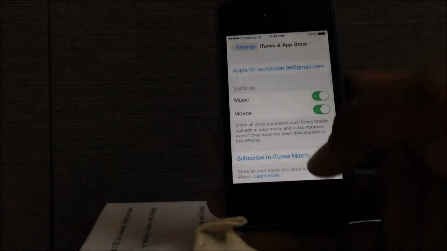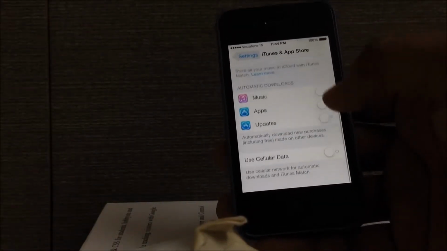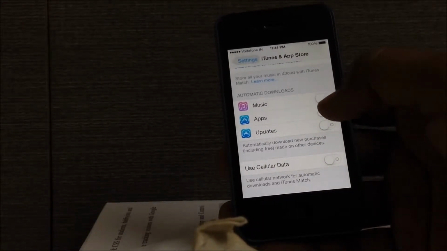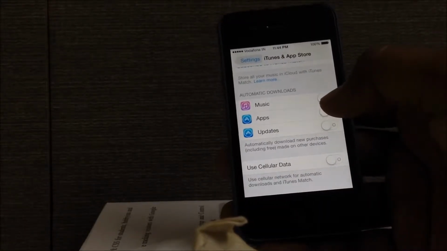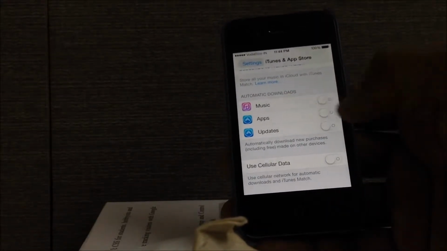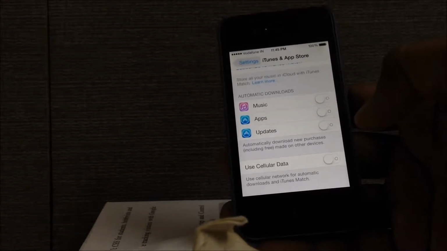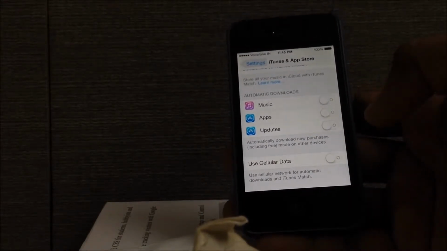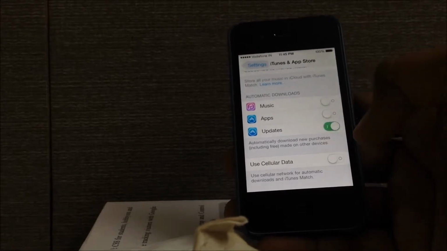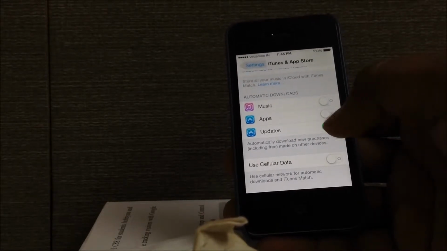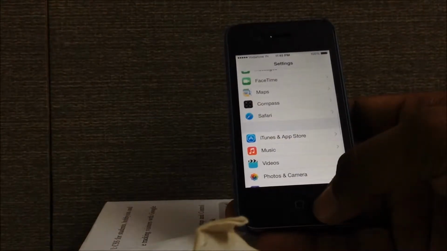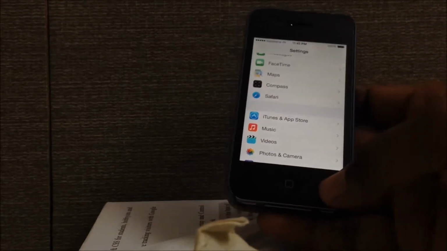On the bottom side you will see the option for music, apps and updates. Music is to sync your music on all your devices which are using your ID. I have turned it off, and turn the applications off too, because your new application will be automatically downloaded on all of your iDevices. The third option is updates. By default it will be set to 1, so simply turn it to 0, which means off, so that new upgrades are not automatically installed.